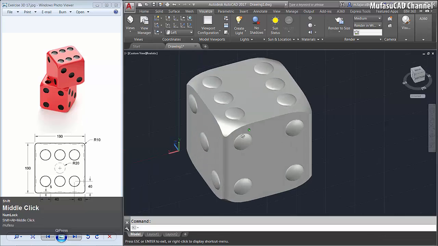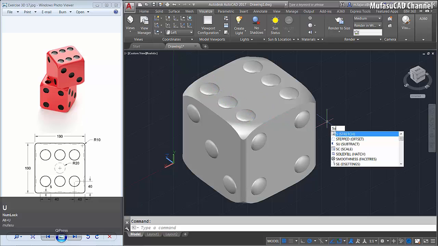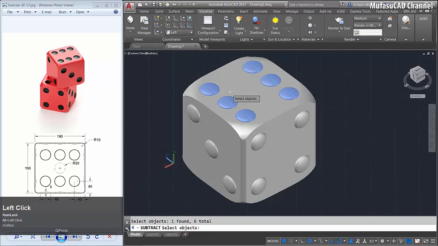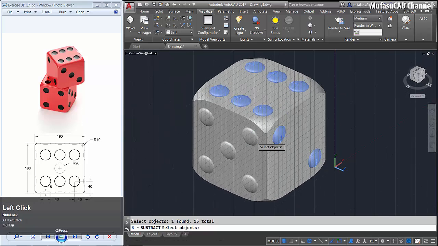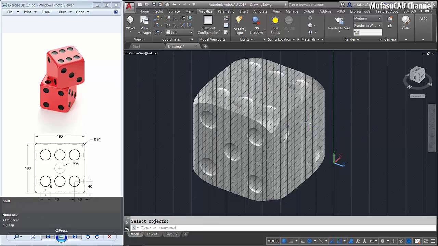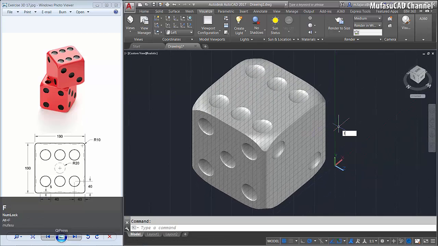Okay, now we create a dash here. I will subtract this object with this ellipse object. You can tap subtract, select this object, and then select this ellipse object. Okay, you can select this ellipse one by one. Okay, we'll select in here, and then select in the bottom here. Okay, press enter to subtract. Okay, we create this dash, and then I will use a violet command.